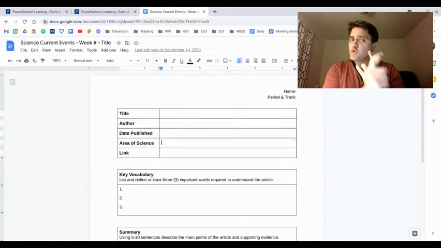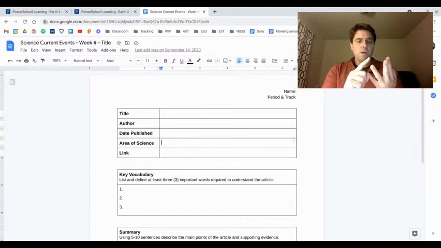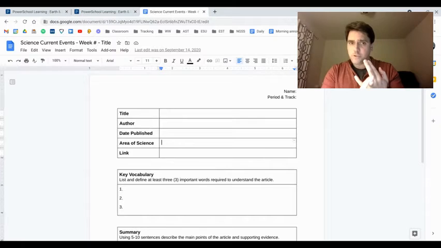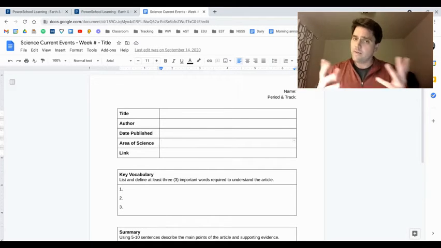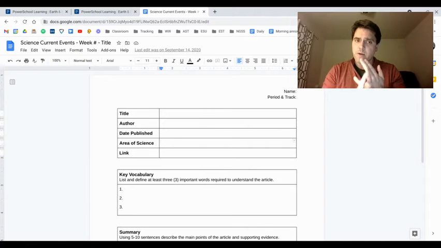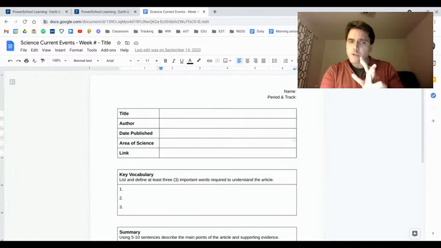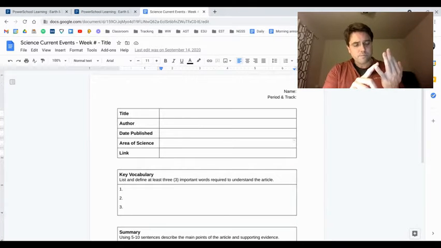Space science is called astronomy, or you can just put space science in there. That's fine too. Astronomy or space science. Life science or biology. A lot of people I've seen have been putting medical science. If you're doing anything with COVID, that's medical science, but put the right area of science in there. So you have physics, chemistry, astronomy or space science, biology, medical science, those sorts of things.